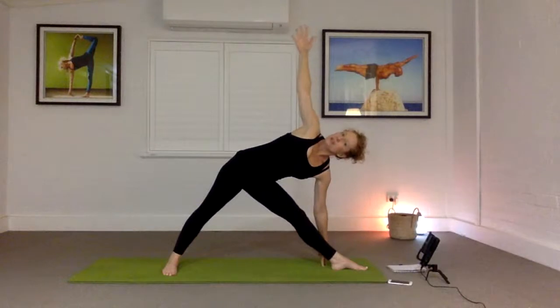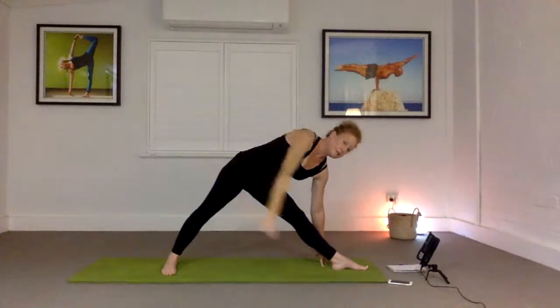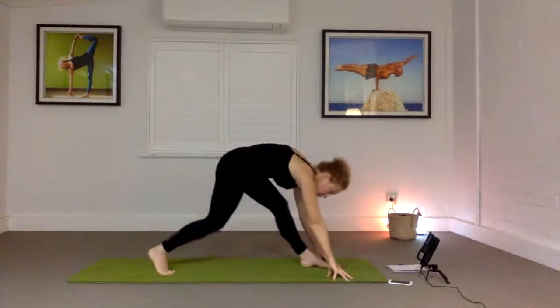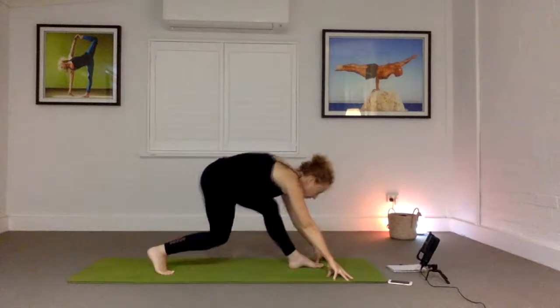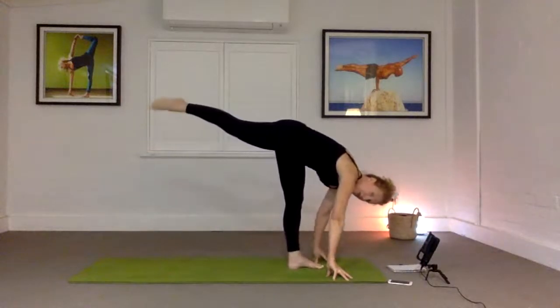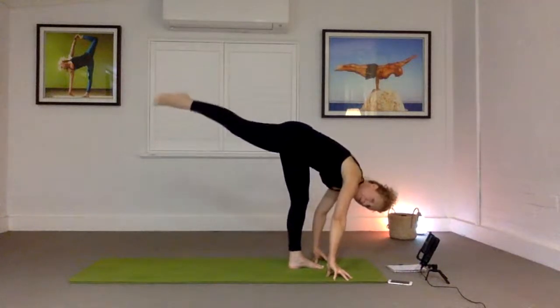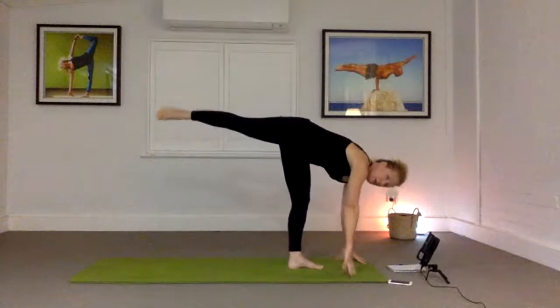Squeeze the belly in as you gently tuck the navel slightly down toward the back heel. Tail slightly toward the back heel. And release. Squaring off the hips. Coming into our half moon pose. So you might like to practice raising and lowering the leg. Front knee can be bent. If you'd like to move into half moon, go ahead,